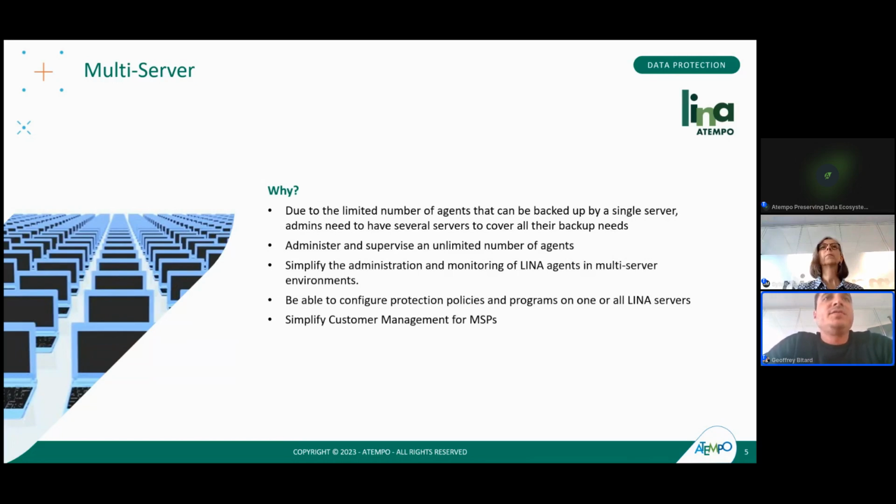So administration and supervision will be much easier with thousands of agents. Also, for instance, if you are in the MSP business, it will be much easier to configure your agent park with this